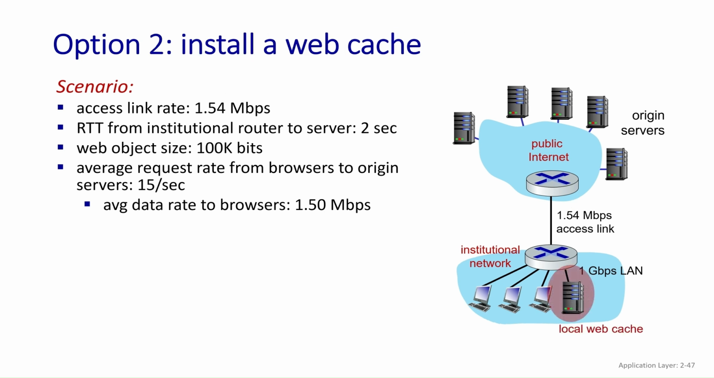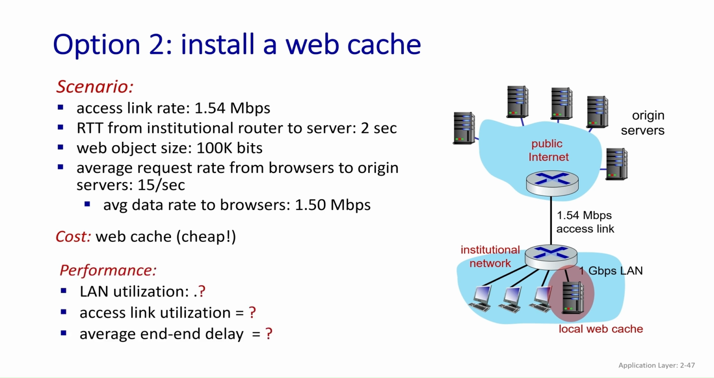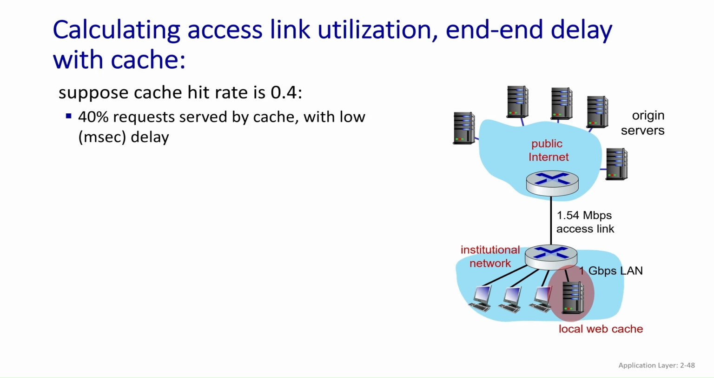But there's another option here. What if I install a local web cache here? It was not there before. The rest of the scenario is the same. One thing I have to make an assumption about is the hit rate or miss rate in a cache. So let's say the cache hit rate is 0.4. 0.4 means what? 40% of the requests will be served by